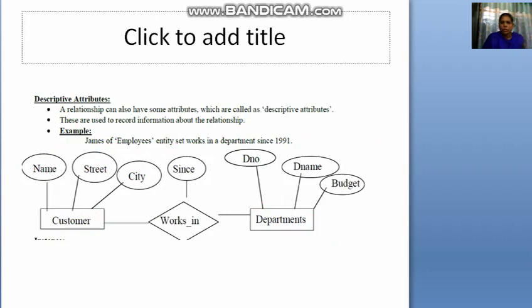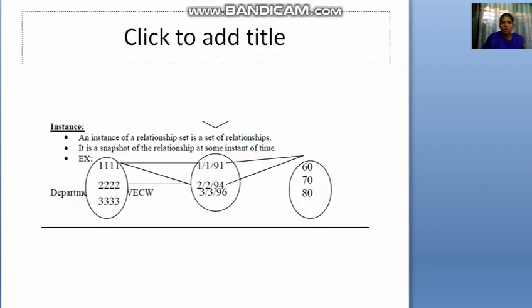Now the descriptive attribute. A relationship can also have some attributes, which are called descriptive attributes. Descriptive attributes means a relationship having an attribute has a descriptive attribute. So this is another concept in the relational model. Instance: an instance of a relationship set is a set of